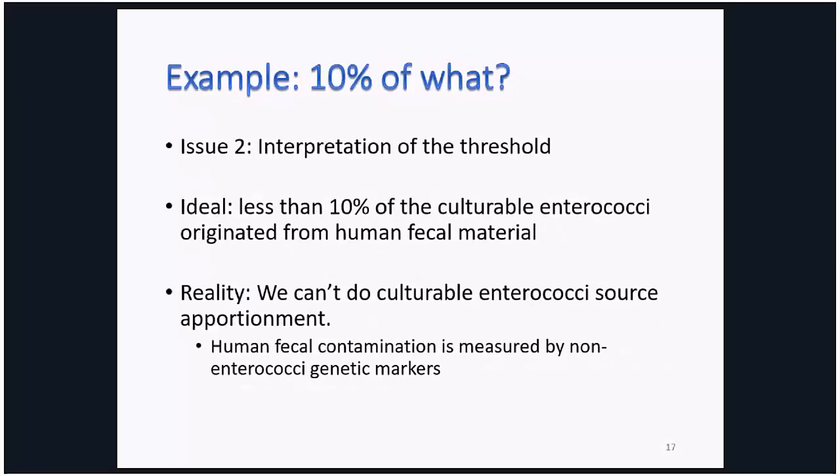But then here comes the second problem. 10% of what? What's the interpretation of this threshold? The ideal interpretation is based on the risk simulation I just mentioned. Ideally, it should be interpreted as less than 10% of the culturable Enterococcus came from human fecal material. And this means that you need to be able to assign